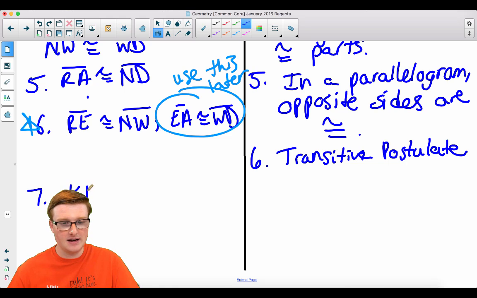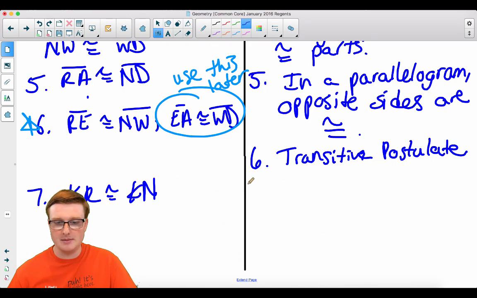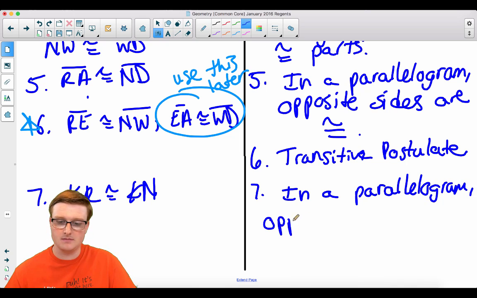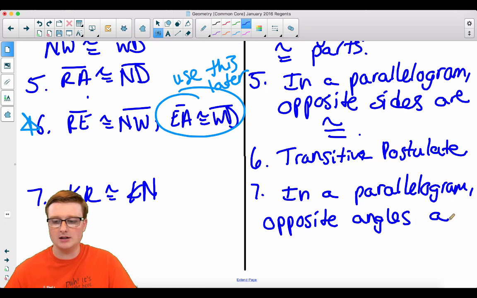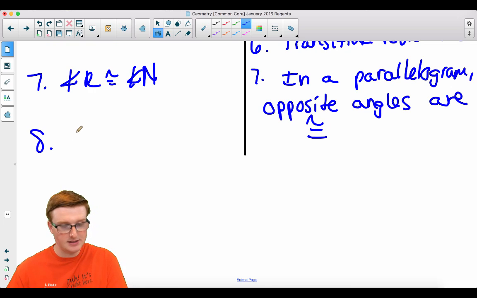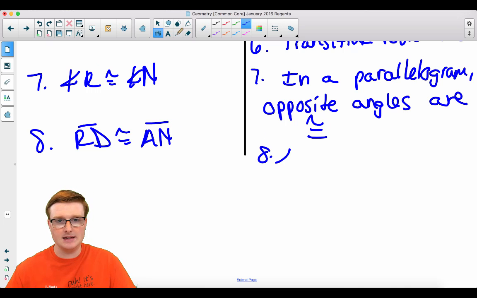Number 7, I'm going to say that angle R is congruent to angle N, and that is up here because in a parallelogram, opposite angles are congruent. Number 8, I am then going to say that RD is congruent to AN,